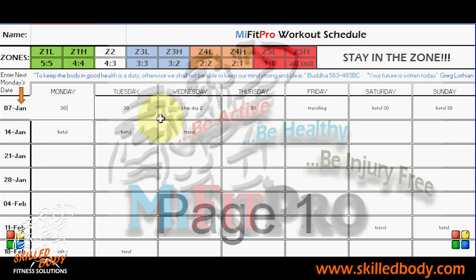So I'm doing building blocks for squatting that day, and I'm going to do building blocks for pulling on that day, and I move on through the